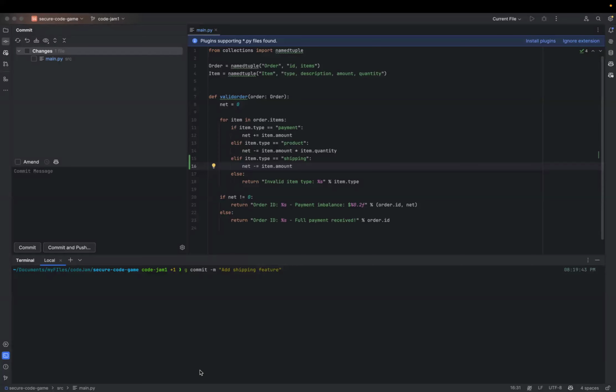Shipping feature is the commit message. So follow the structure that I have followed. Git commit dash m, the message that we are going to label here, and hit enter. Okay, you can see the changes have been synced with the branch.